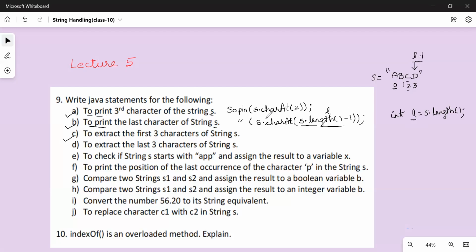Now the third bit, to extract the first three characters of string s. Here it is a group of characters you have to extract. So which function will you use? Yes, you have to make use of the substring function here. But here you should not print it. They are only asking you to extract. So you will just start with s.substring